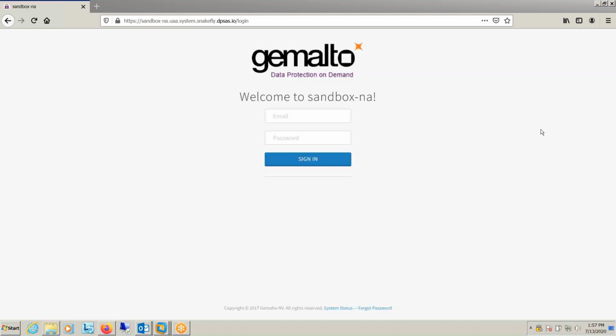Wanted to give a high-level overview today of our Data Protection on Demand service, which is essentially HSM as a service. So instead of having an on-prem HSM, we are offering you a cloud HSM offering. The idea behind today's demo is that the biggest thing right now is PKI, right? If you look at the industry standards, there are a lot of different certificate authorities out there. Today I'm going to give you a quick, high-level demo of Microsoft Active Directory Certificate Services